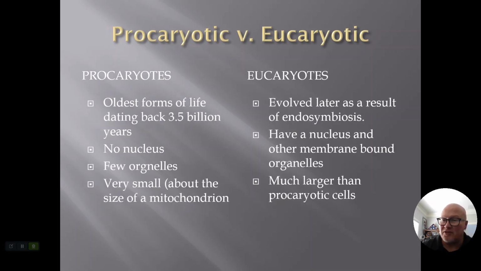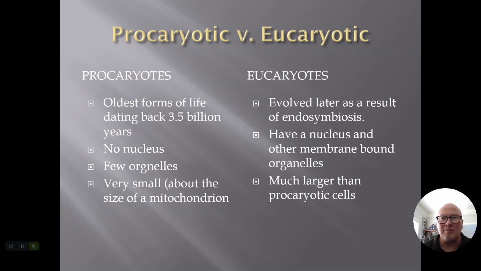Here are some basic differences that I do need you to know about prokaryotes versus eukaryotes. Prokaryotic cells are the oldest form of life, dating back some 3.5 billion years. They have no nucleus. They have very few organelles. They only have ribosomes, actually. They are very small. Most of them are about the size of a mitochondrion or a chloroplast, which, as we